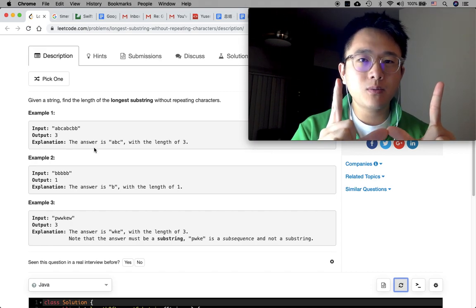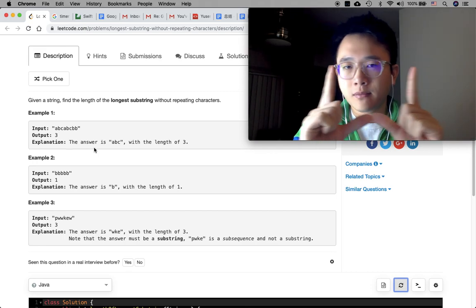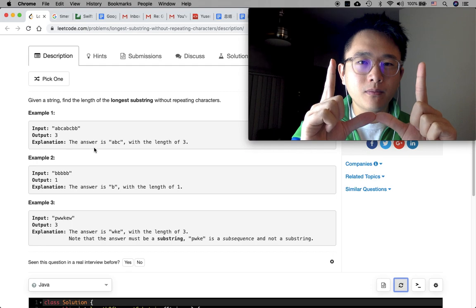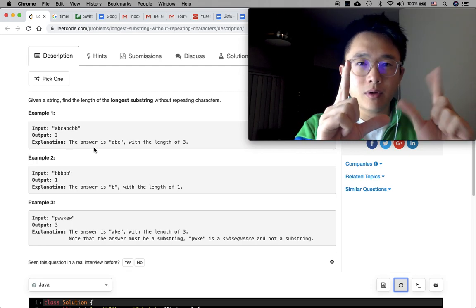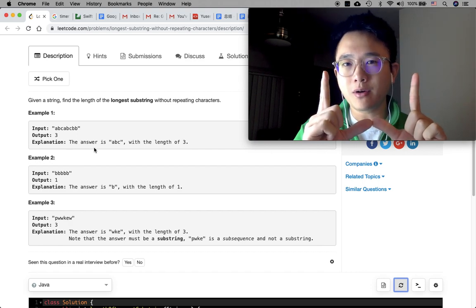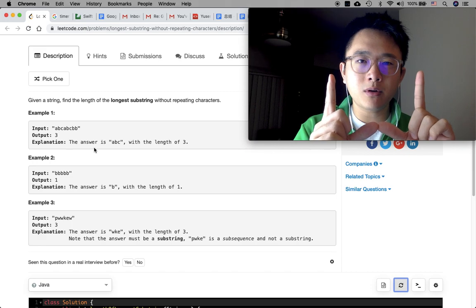While we are advancing on the string, as soon as we meet a character that makes this sliding window not meet the requirement, then we will